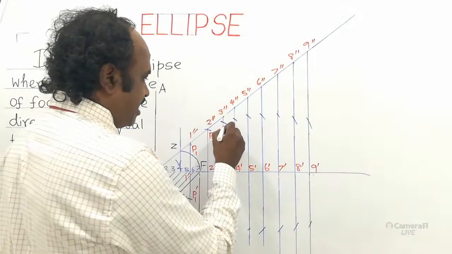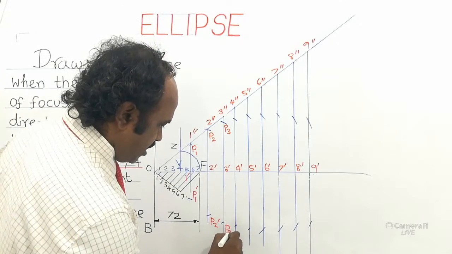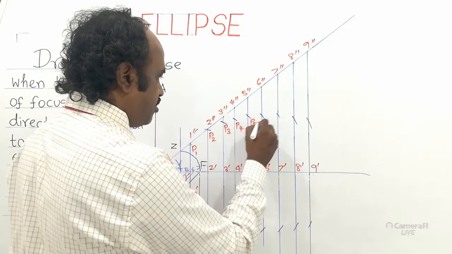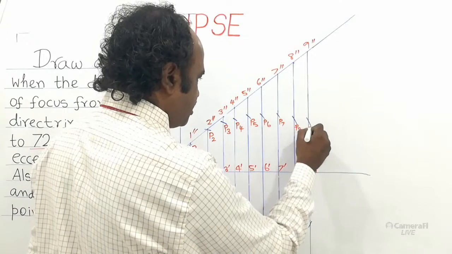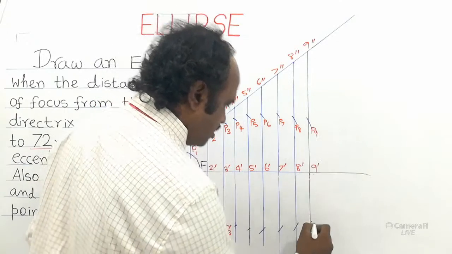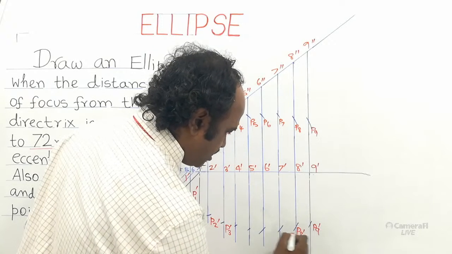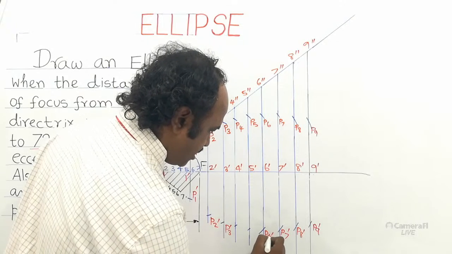So this will be P3, P3 dash, P4, P5, P6, P7, P8, P9, so P9 dash, P8 dash, P7 dash, P6 dash,